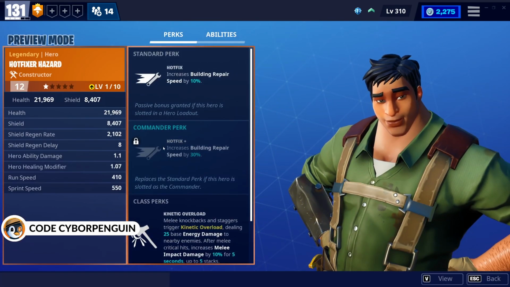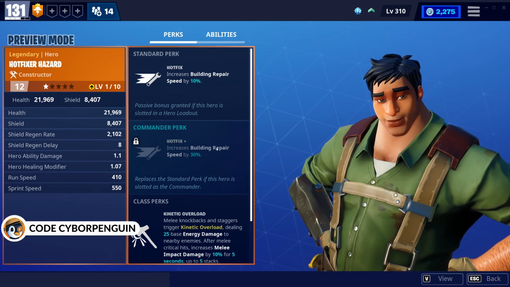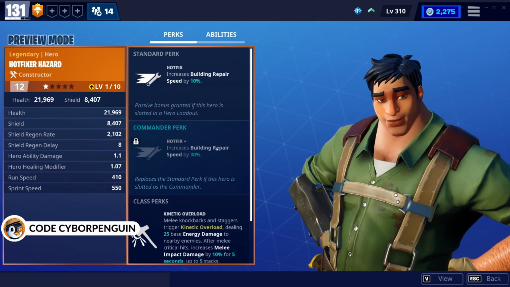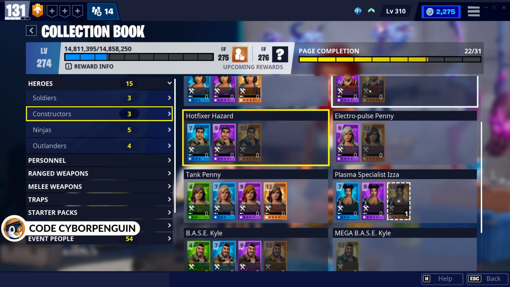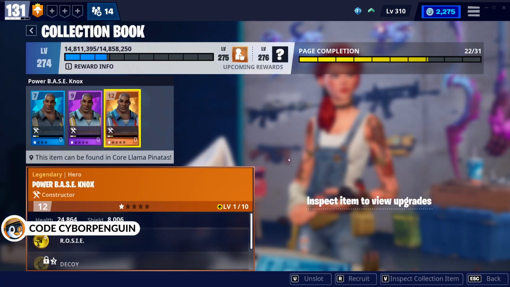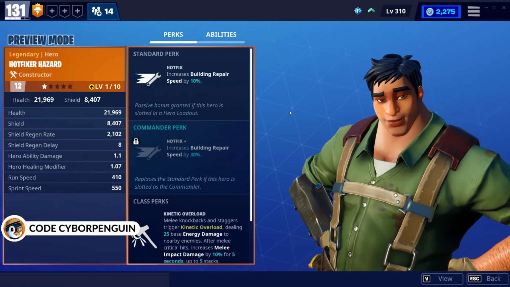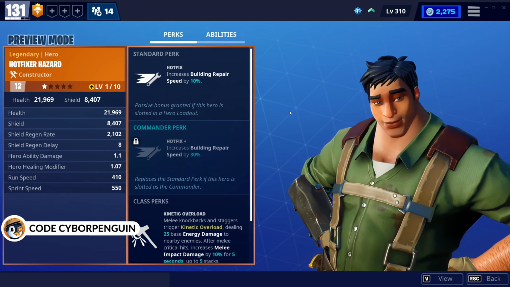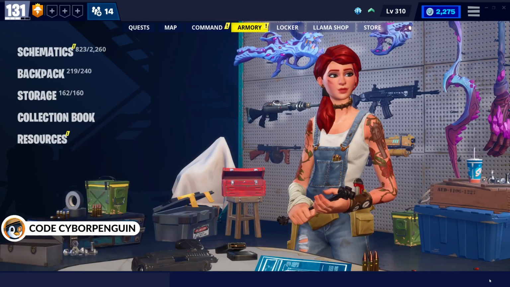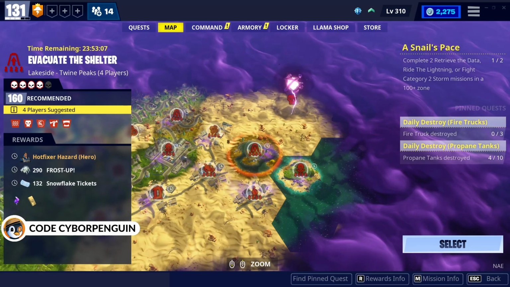He has the Commander perk Hotfix Plus, which increases building repair speed by 30%, and it would be decent if you're manually repairing all your builds, but if you are using something like Power Base Nox, where it auto repairs, then it's useless. It's only when you're repairing. It's not when you're building, it's not when you're upgrading, it's only the repair speed. So yeah, it's not too good, but if you want to get him, he's a legendary, so he will give quite a bit of